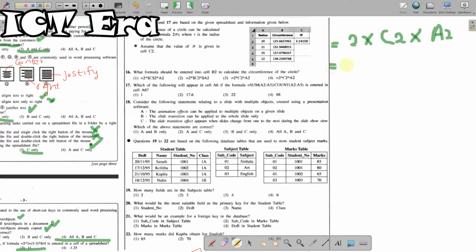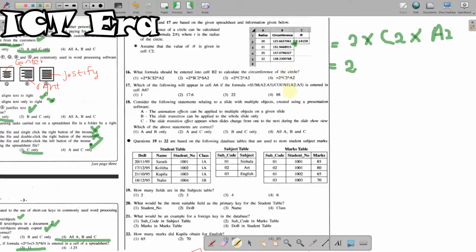Then there's another formula, where we have to use an absolute cell row and column reference. That means we have to lock it, because if we use the fill handle tool and drag this one down to find the circumference,